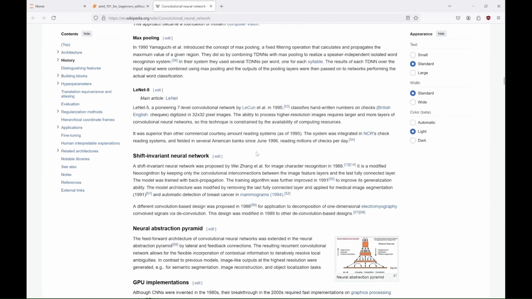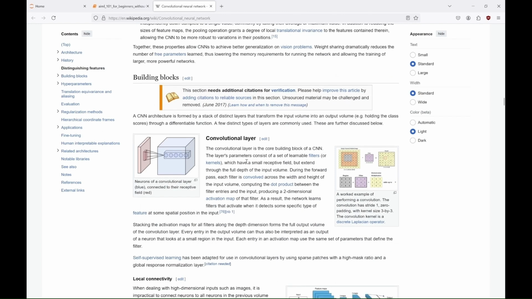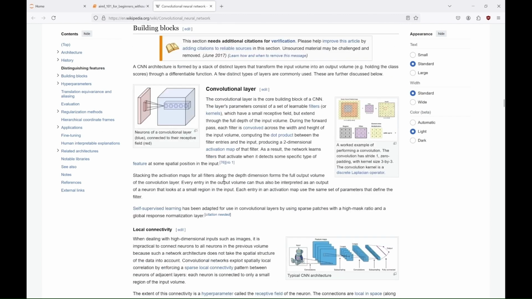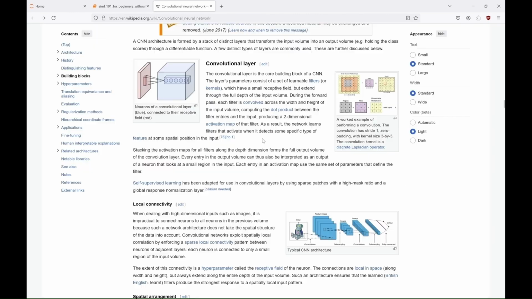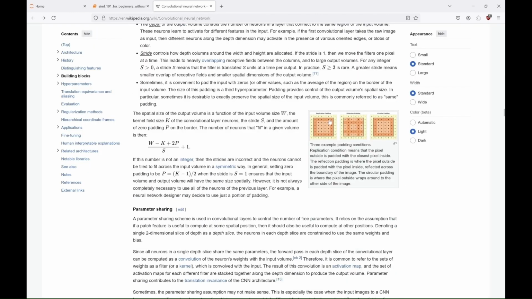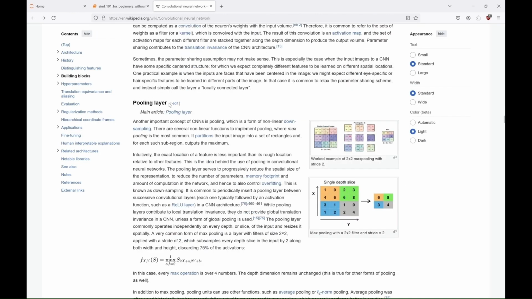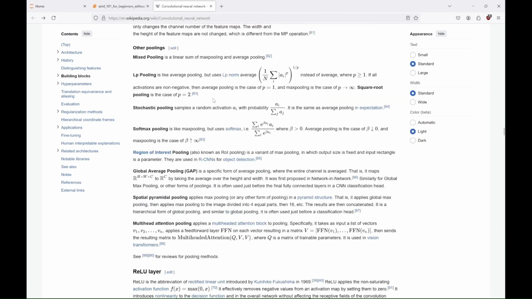The core component of CNN is the convolutional layer, which applies filters to the image to identify patterns. It applies a convolution operation to the image using small matrices called filters or kernels. These filters slide over the image, performing calculations to detect features like edges and textures. Each filter highlights different patterns, and the result of this process is a feature map, which shows where these features appear in the image. CNNs use pooling layers to reduce the image size, making the model more efficient while retaining